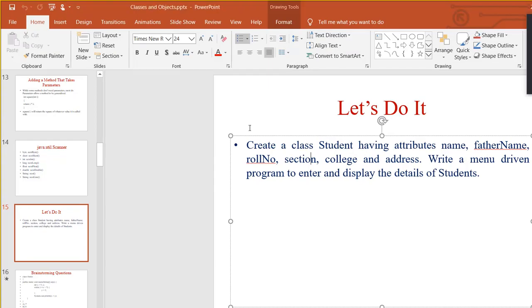So let's say this is the question. Create a class student having attributes name, father name, roll number, section, college, and address. Write a menu-driven program to enter and display the details of the students. Okay, very simple. First of all,